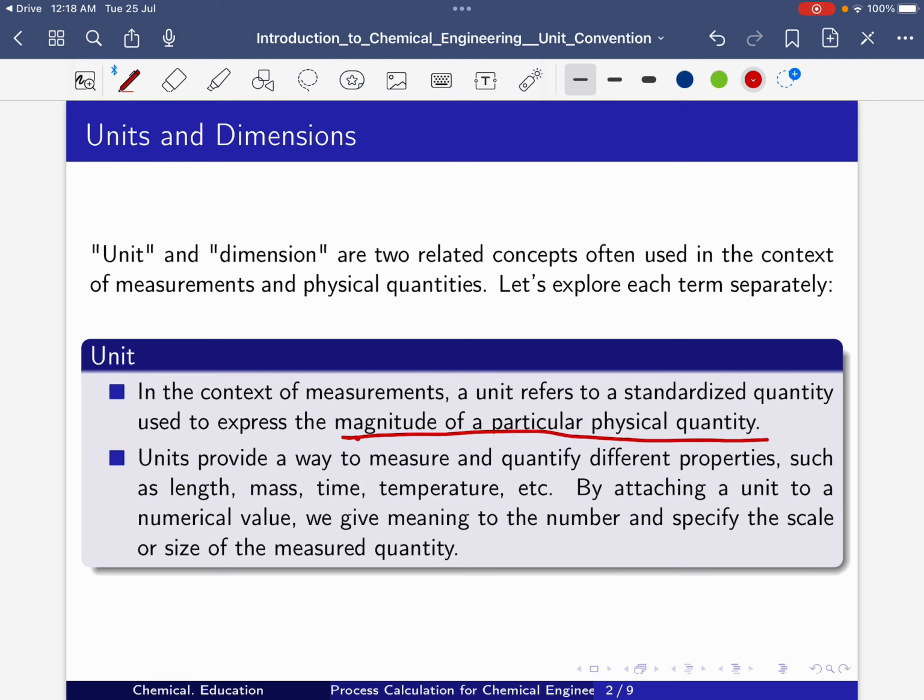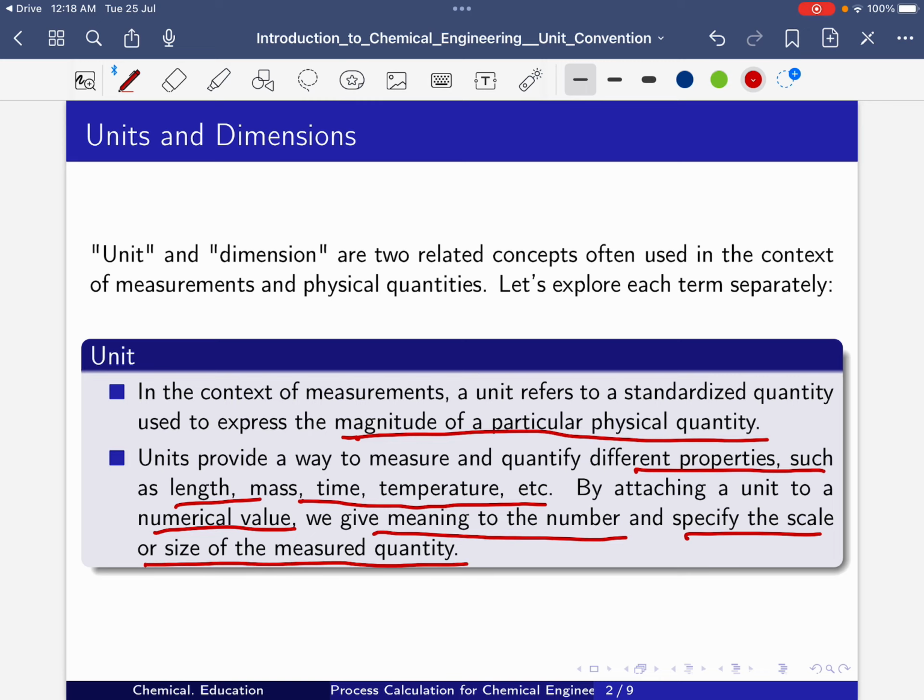Units provide a way to measure and quantify different properties such as length, mass, time, temperature, etc. By attaching a unit to a numerical value, we give meaning to the number and specify the scale or size